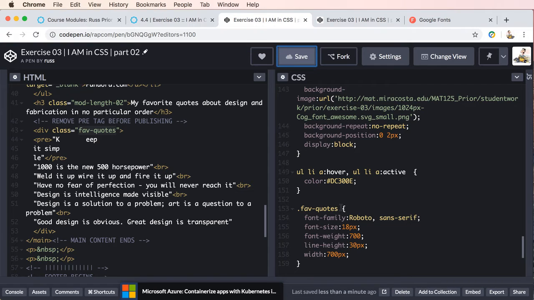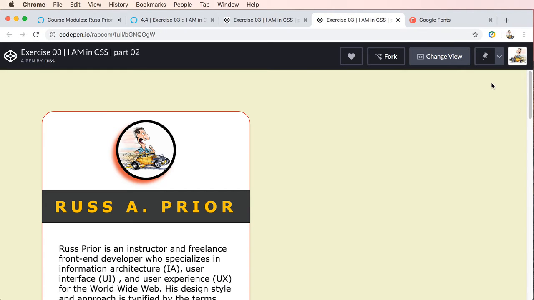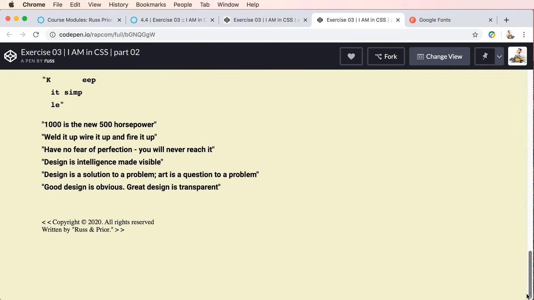So we have our font family. We've set a font size, font weight. We added a line height, so there should be extra space in between each of the quotes. And then we set a width, so hopefully we will not see that second to last quote dropping down. And let's go ahead and refresh, and let's take a look, and there we go. So now we have some more space. We don't have the second to the last quote dropping down, and we have a